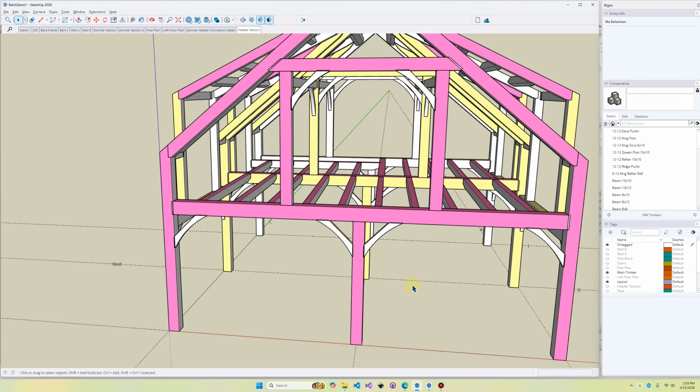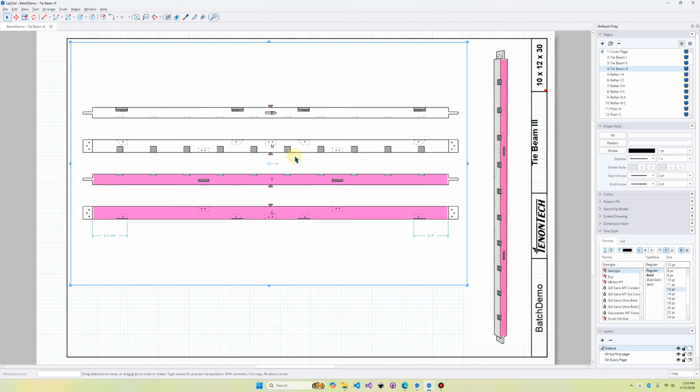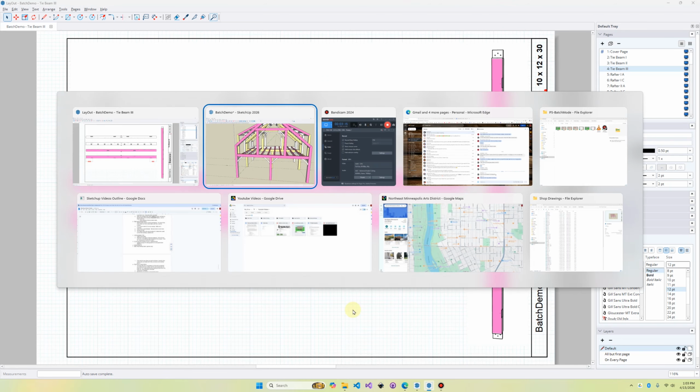Now I've left layout open, and I'm going to go back to layout, and here I'm going to have to say update model reference, and notice that it flagged these guys as red. Oh, and also I've lost my rotation and the other kind of stuff. So let me go back to SketchUp,